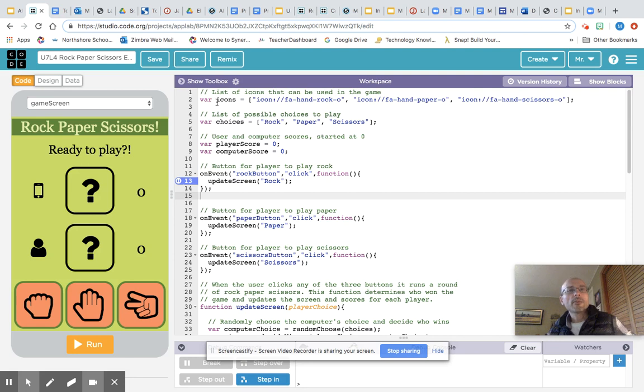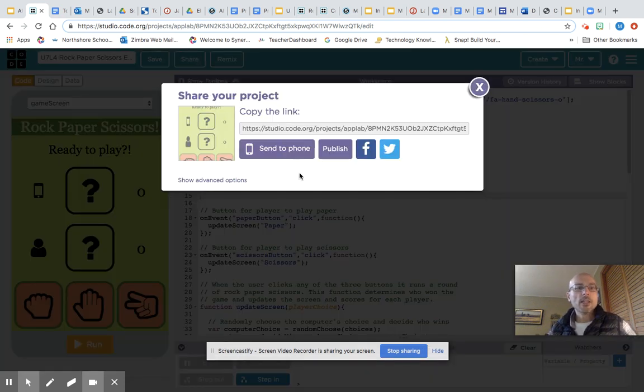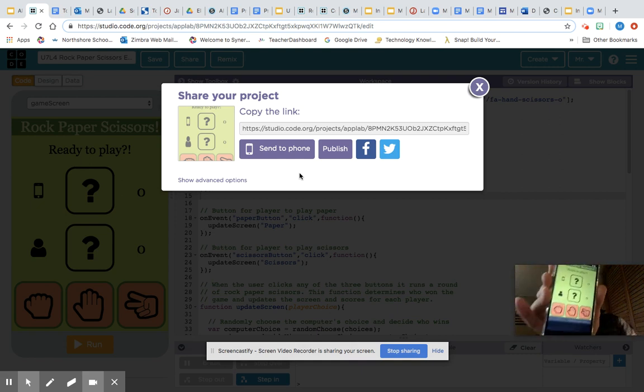Another really cool feature is the share feature. With the share feature, you're able to actually send this to a phone. I have this sent to my phone. Let me just see if I can show that real quick. So I have this game. I shared it on my phone. So I have it on my iPhone. I shared it. And I can go ahead and